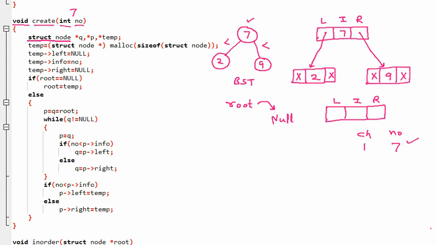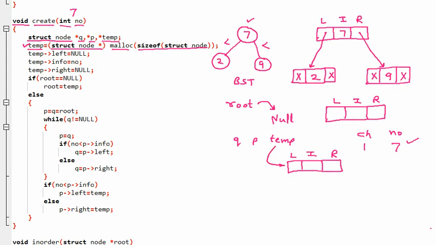So struct node, we know that struct node is a node, and there are a few pointer variables, p and temp, that we have taken. Afterward we have temp is equal to struct node star malloc size of struct node. We know that this line is for the dynamic allocation of memory for a specific node. We know that we have a node like this, having a left part, right part and the info part. This node will be created, and the temp pointer is pointing to this particular node.